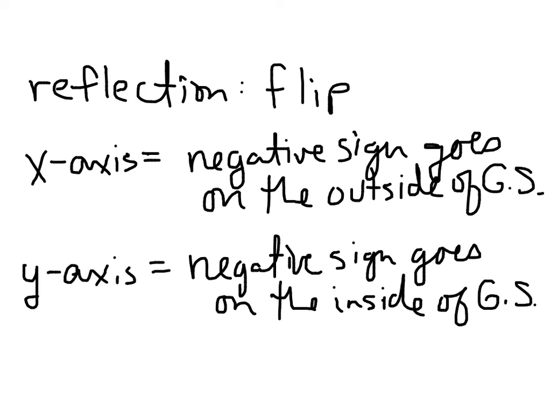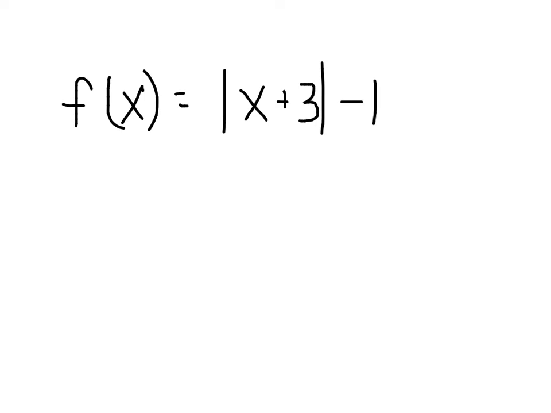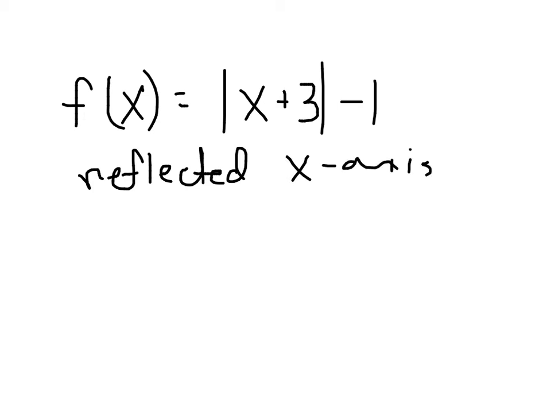Now, the same type of problems that you had on the translation is going to show up on this one too. It's going to say let f of x be this. And then it's going to say write the function g whose graph is reflected in the x-axis. Now, when we're talking about x-axis, where did I tell you to put the negative sign? On the outside. Anytime you're doing outside, put the entire problem in parentheses and put a negative on the outside. Or the plus or minus number on the outside. So far, so good. So, negative on the outside